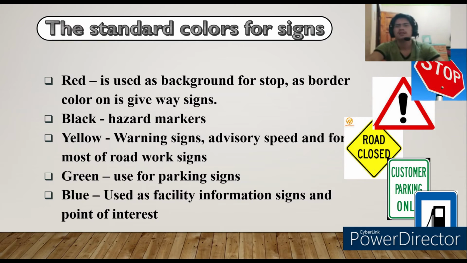The color is yellow or yellow green with black wording or symbol, because this type of color is very visible to our eyes and helps us to see these kinds of warning signs. Yellow is also visible in the dark or at night. So these signs warn us about hazards or possible hazards on or near the roadway.